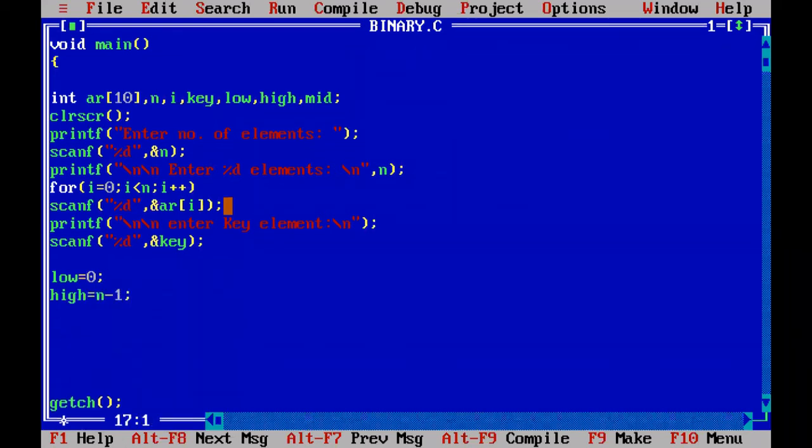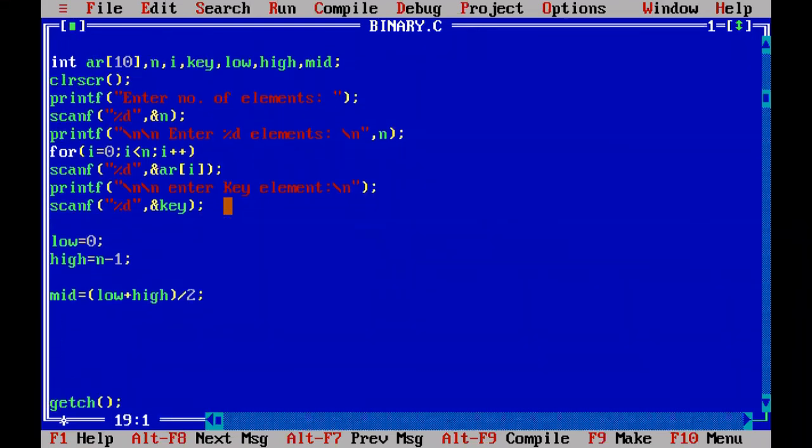Then I'm going to calculate midpoint by using low plus high by 2. Low plus high by 2. After calculating low plus high by 2, you will know the midpoint.